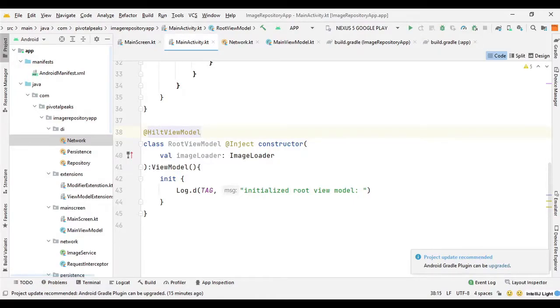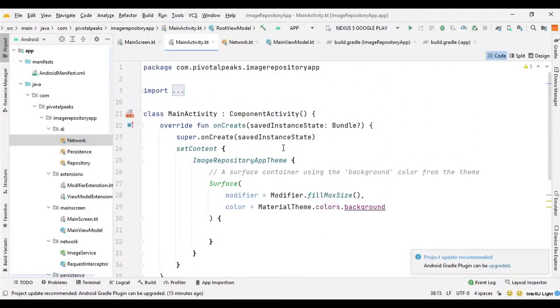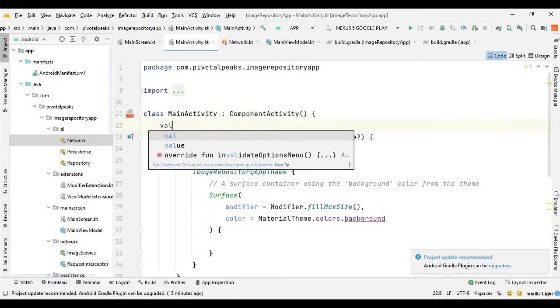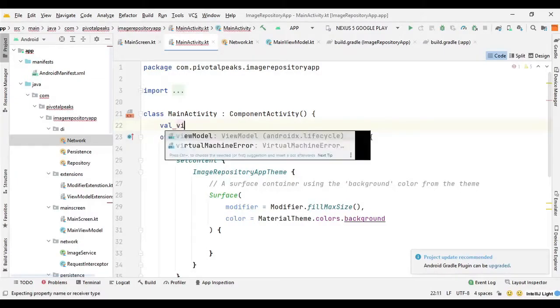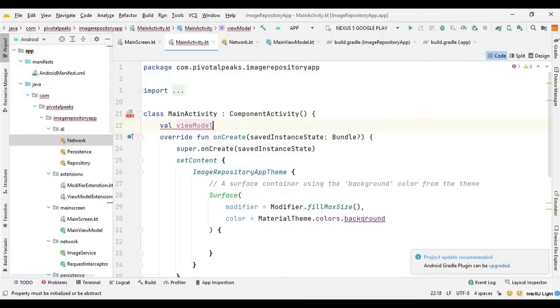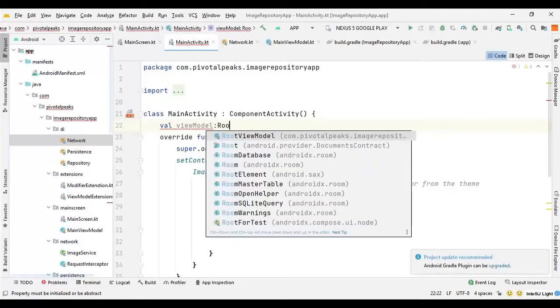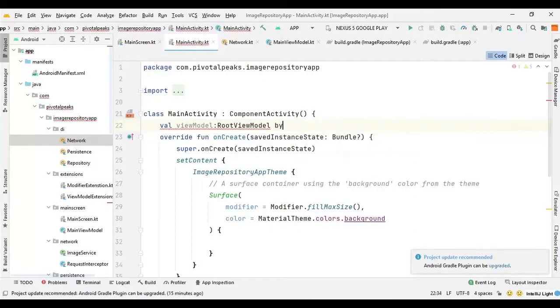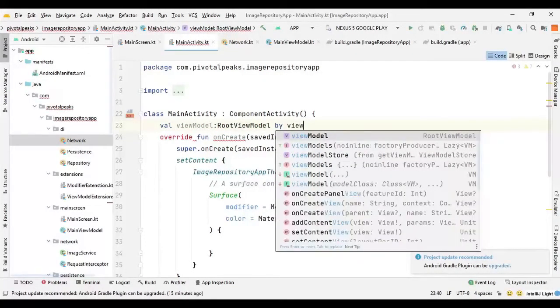Now we need a reference of this root view model in the main activity. So here we can say value view model of type root view model, and we can say by, I think we need this one.